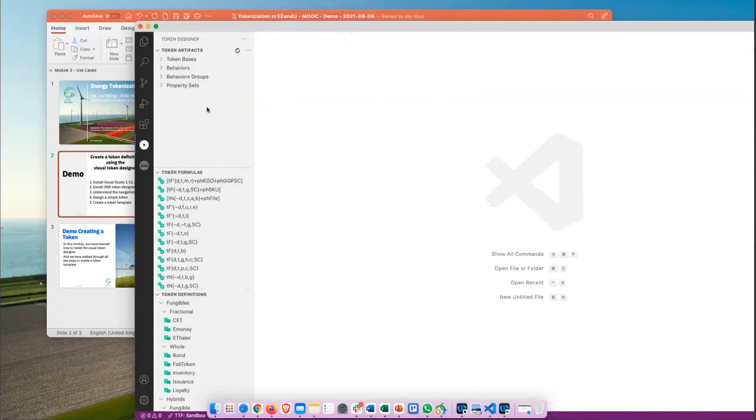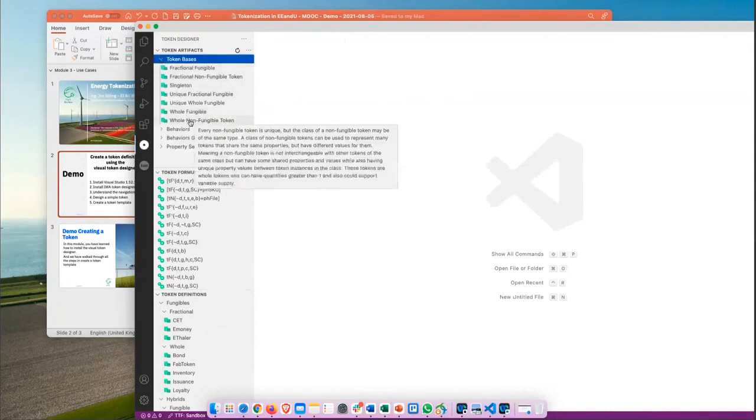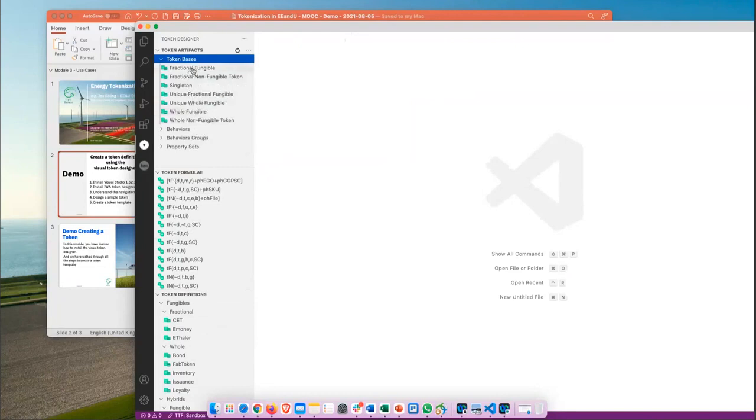As already discussed, here you can find the number of token-based elements. For the fractional fungible, if you hover over, there is a pop-up describing what is meant by it. You can select one of these token bases, and we do that later on.